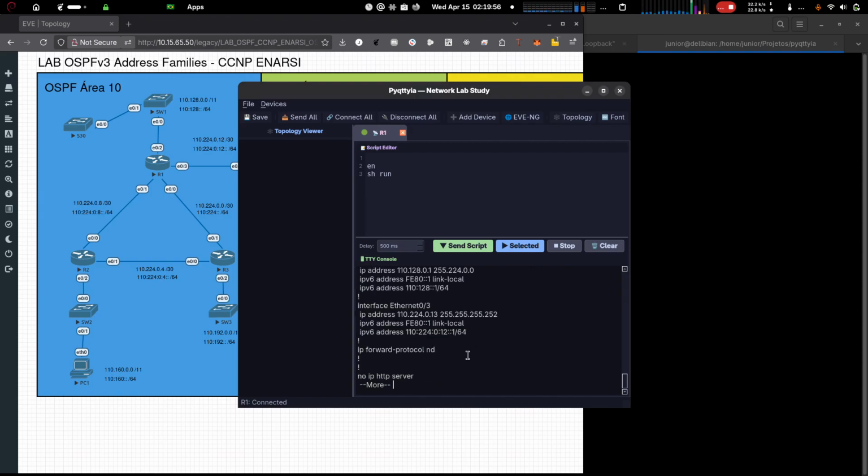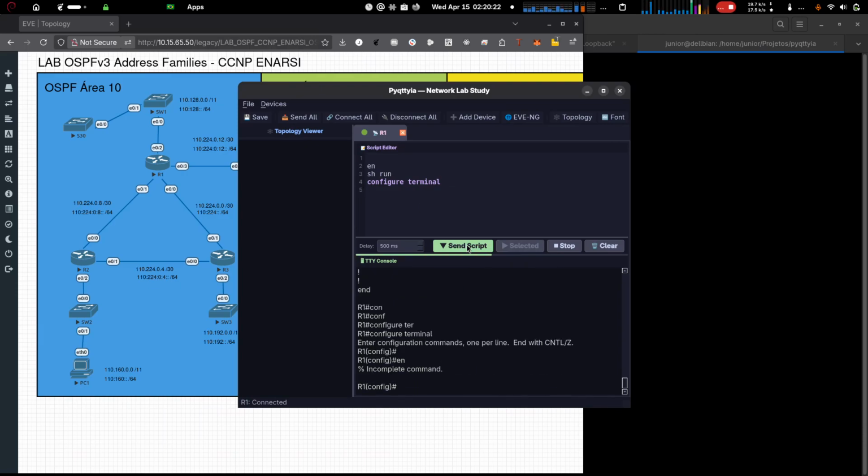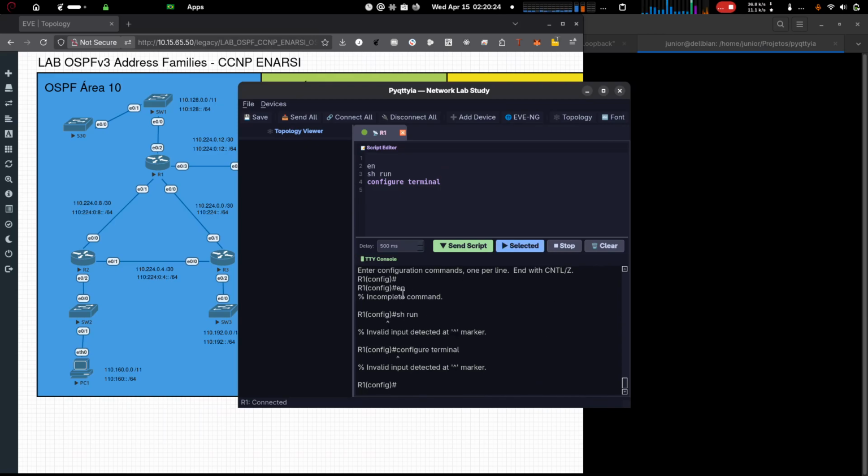Or I click down here and use it as if it were a normal terminal. I can type. I can press tab here to autocomplete. The question mark too if I want, to see options, and I can select and drag any text I want. So I can work down there selecting text, dragging it up and building the script. And I can execute the script. It sends everything down there with that delay between each line.